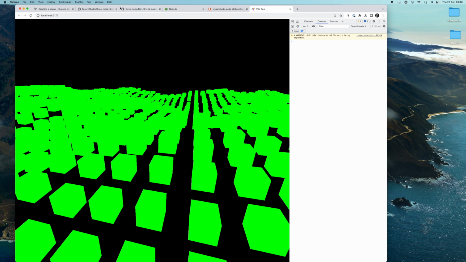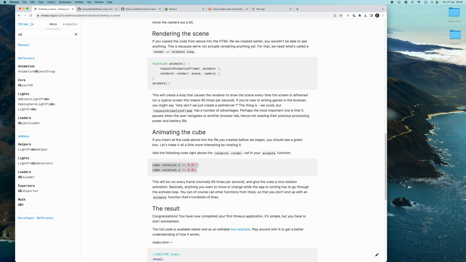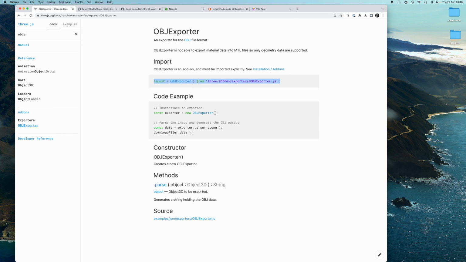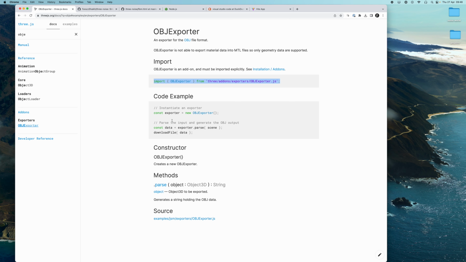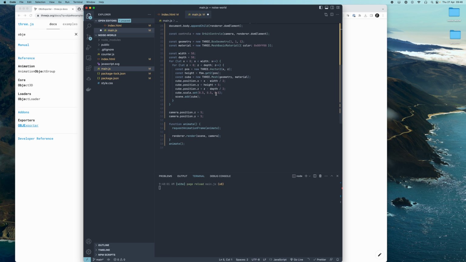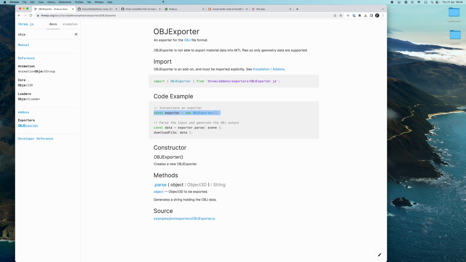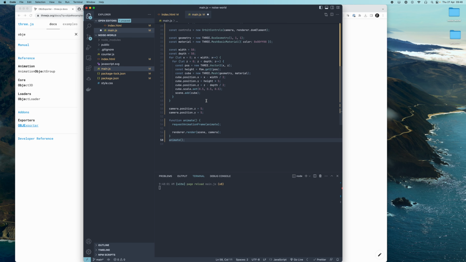There's one other thing that I wanted to show you, and that's the OBJ exporter. So if we have a scene like this, how do we get it out of the system? We can do that using what's called the OBJ exporter. We can ask the exporter to export the scene, and maybe we can do this whenever we do something in